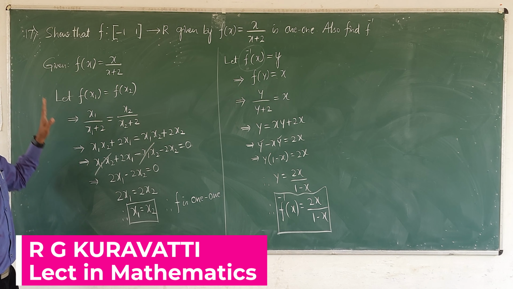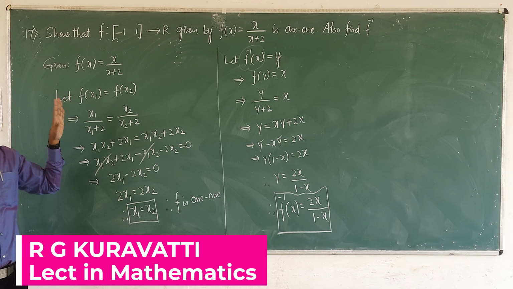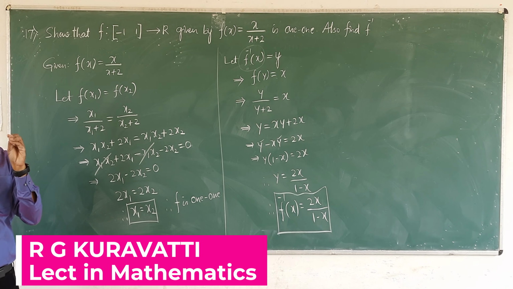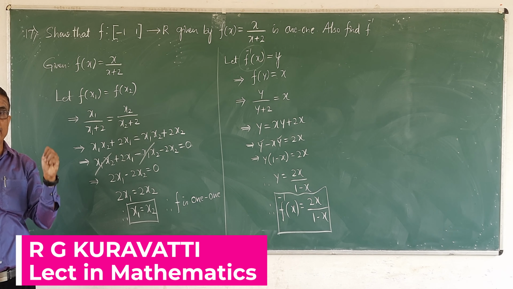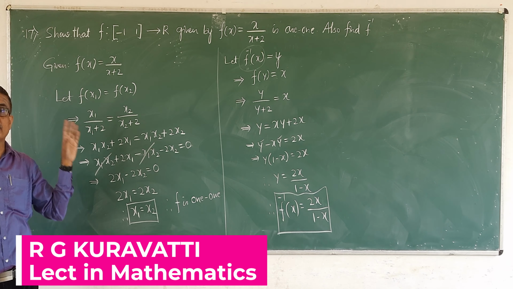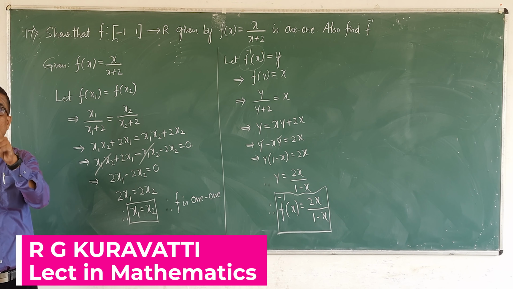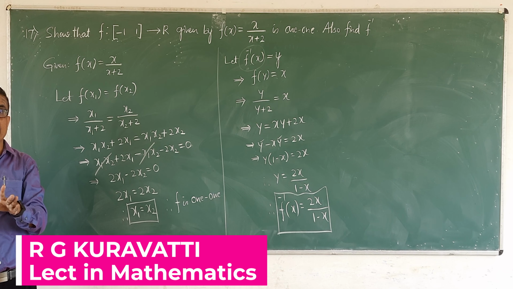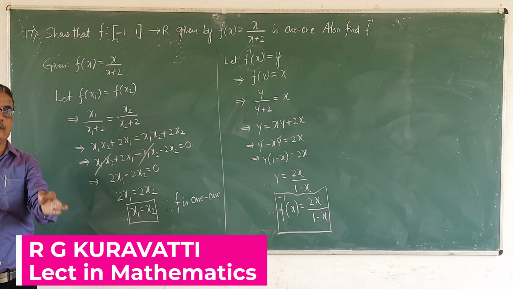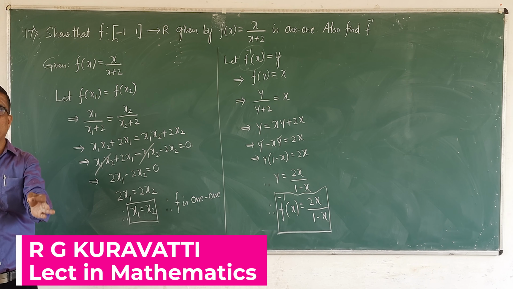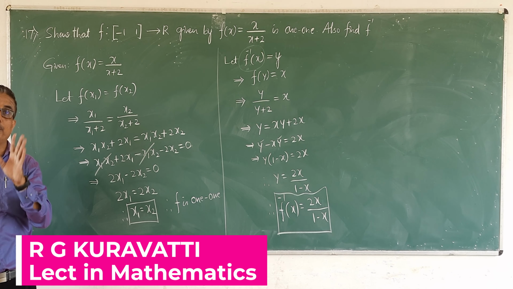Here students, problem number 11 onwards, 11 to 17, those problems are the most important problems: problem number 11, 12, 13, 14, 15, 16, 17. These 7 problems are the most important among those problems. They will ask any one problem in the final exam, that is a 5 mark, 100% guaranteed question. In your question paper, part D, question number 39 belongs to the invertible function problem.